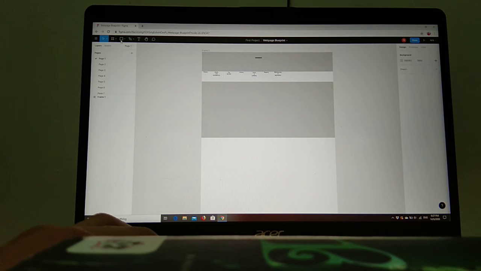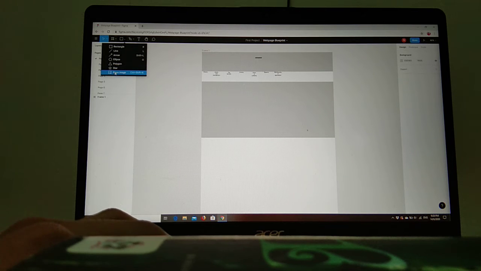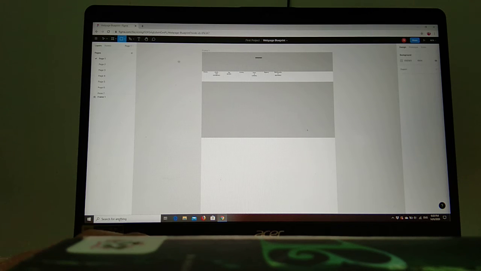And then this is the shape tools. Shape tools have the rectangle, the line, arrows, ellipse, polygons, the stars, and the place image. The place image will go directly into our documents or downloads from our own storage. So for the first page here, I mainly use the rectangle shape to make this kind of